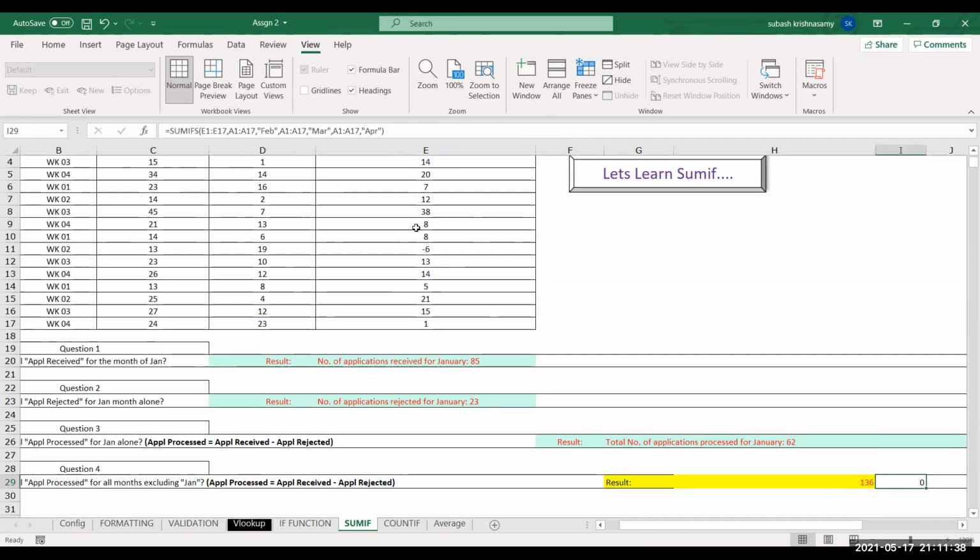I used this particular formula because SUMIFS is for more than one criteria, right? If I'm using this formula, I'm not getting the answer. So I used this one. What I did is use SUMIF. Can you go to that one? The formula, so what did you apply? No, this formula that you have applied is not correct. Because I don't know whether I can give the same range, whether SUMIFS will work or not, so I used SUMIF and I have added.